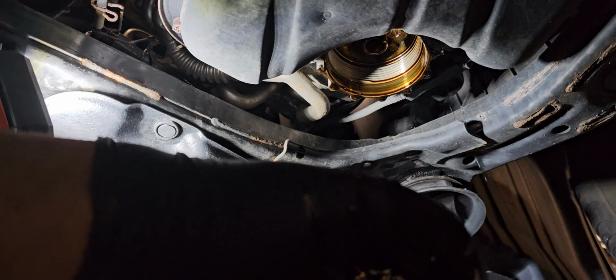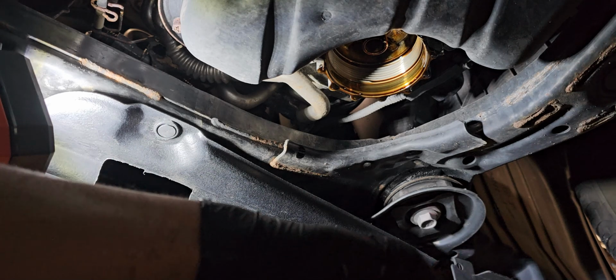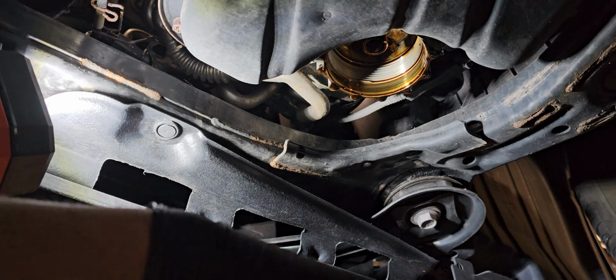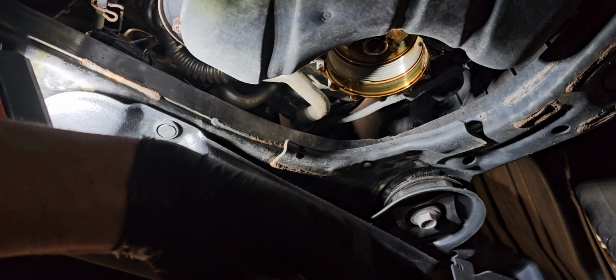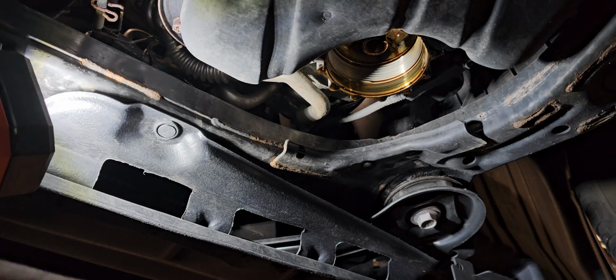This is the messy part. This is why I don't like it. Even this thing had a drain hole, the stupid oil still dripped. By the way, I hate this system. I absolutely hate this system of oil filter. It is so stupid. It is the messiest